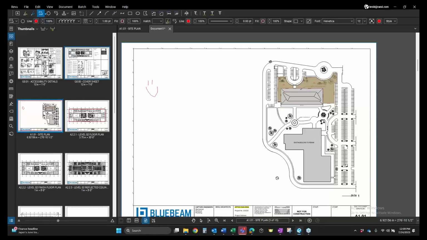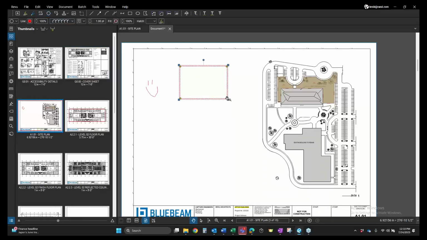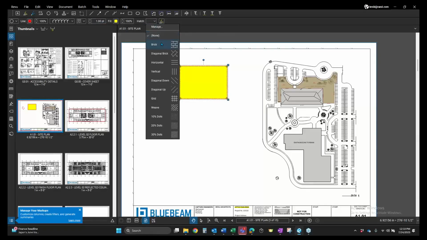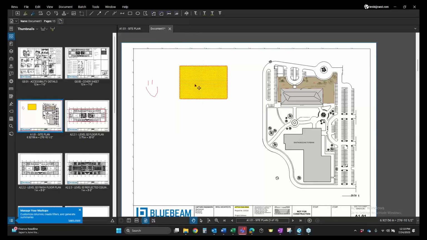Notice what happens when I hit some of these tools. We actually get the formatting settings right below that tool. So if I wanted to come in here and draw some type of clouded area, that's what first appears, I could change the fill to yellow, change the hatch pattern up here to brick. So these formatting settings are really for every tool. And so, you'll get options below here once you select that tool to format it,